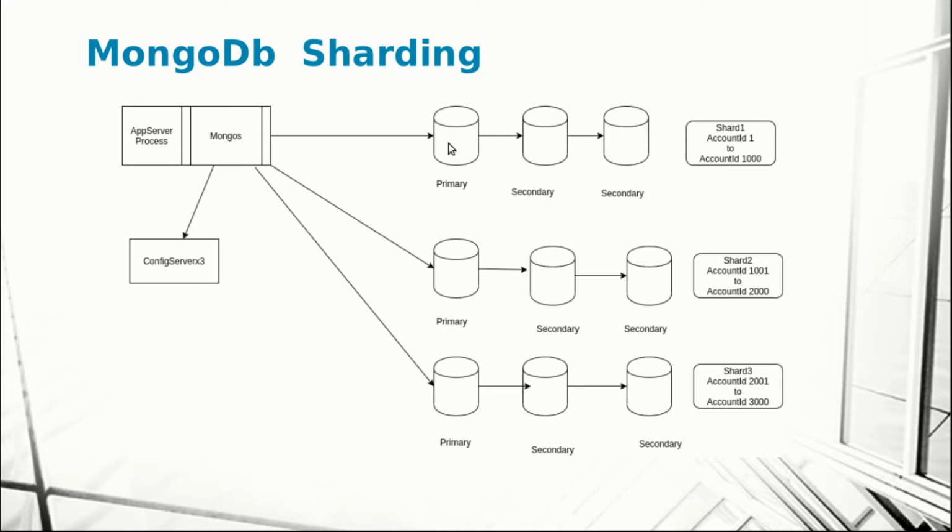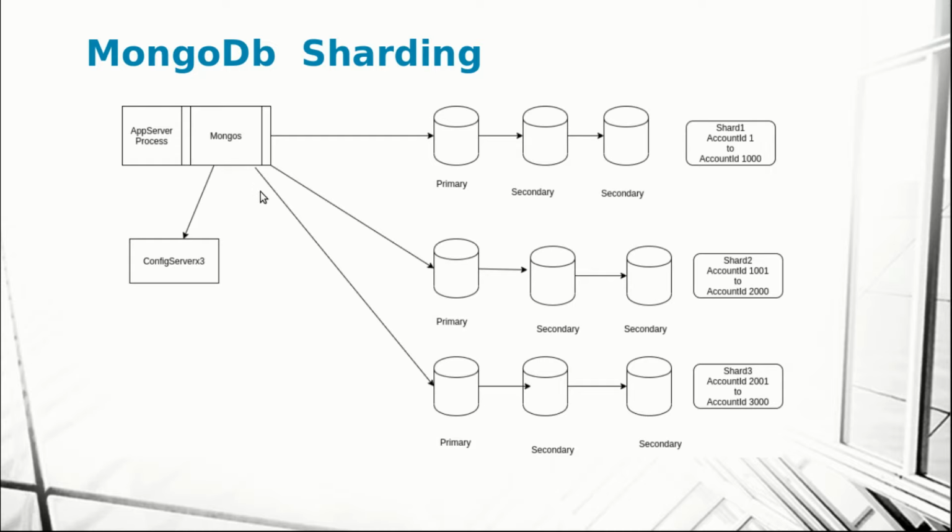Okay, then these are the shards. Now sharding is nothing but a collection of MongoDB replica sets, right? Now this is a 3 replica set shard, right? So each shard will store a certain type of data, and this shard will store a certain type of data, and this shard will store a certain type of data. So each shard has a primary, secondary, secondary. Only difference is shard 1 will store count 1 to 1000, shard 2 might store count 1001 to 2000, shard 3 will store 2001 to 3000. So this is how the data load is distributed across 3 shards.